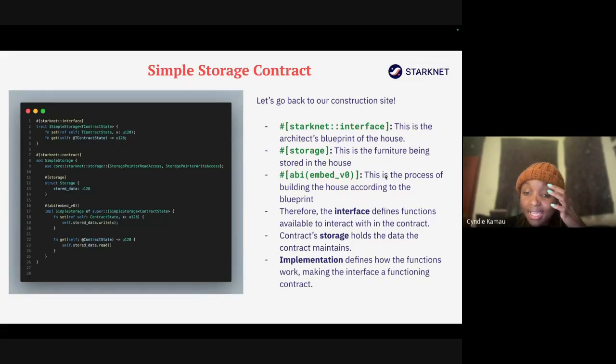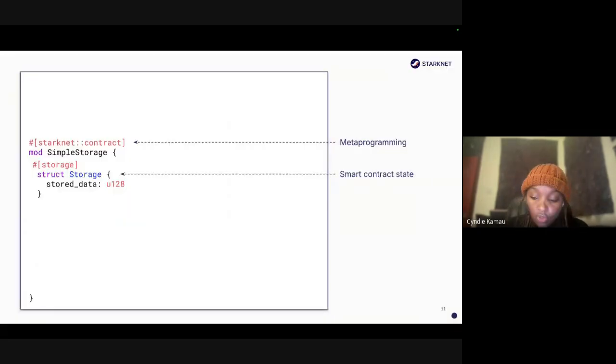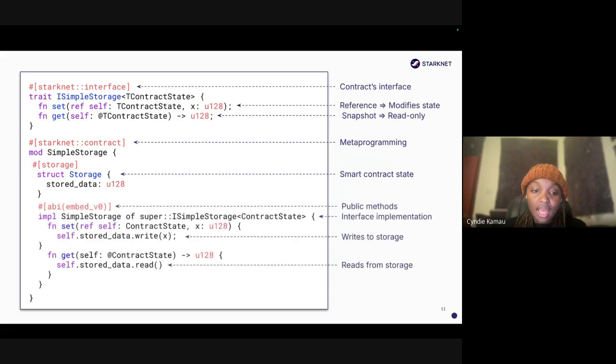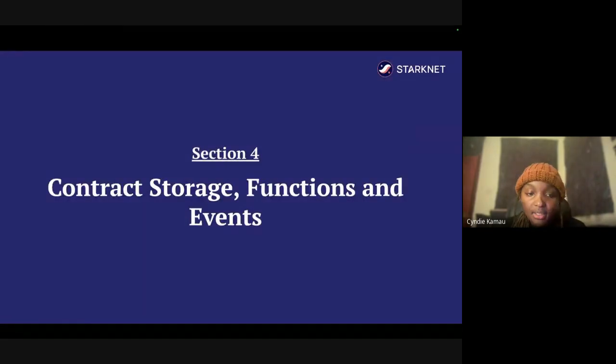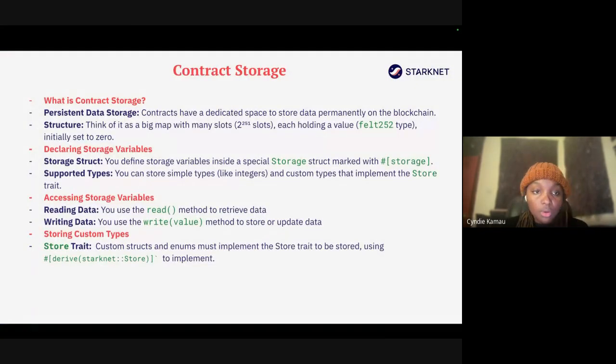The interface is the blueprint of your house, storage is the furniture you're storing in the house, and implementation is the actual process of building the smart contract. This is still the same as what we have explained. We'll share it in the slides.